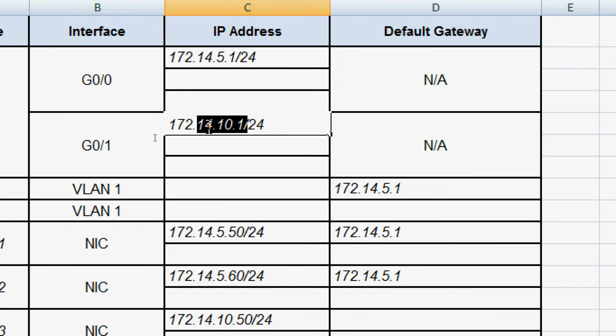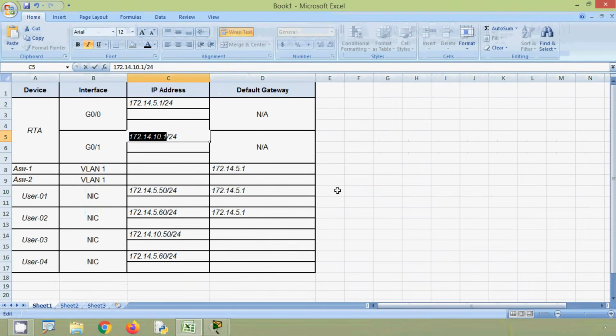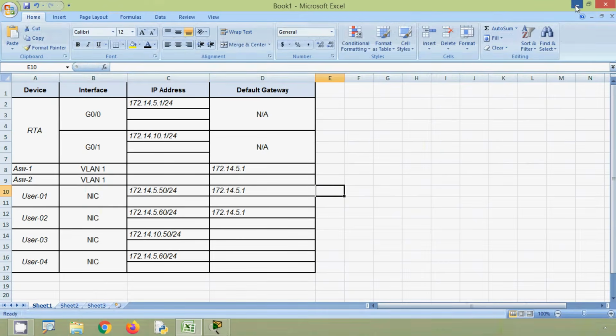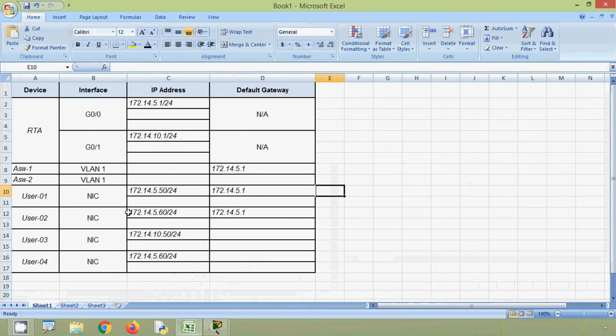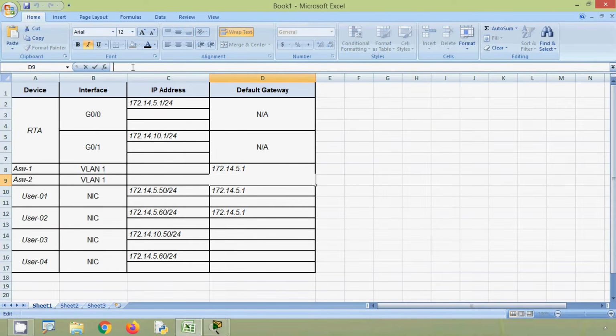We'll copy this address. This is the default gateway for these devices such as user-03, user-04, and for this switch ASW-2. Okay, here we can see our ASW-2, then user-03, then user-04,